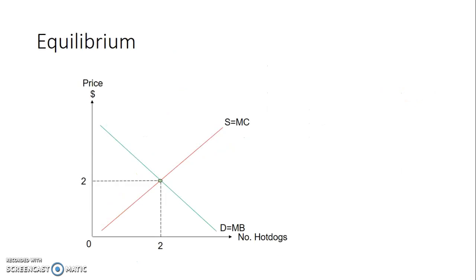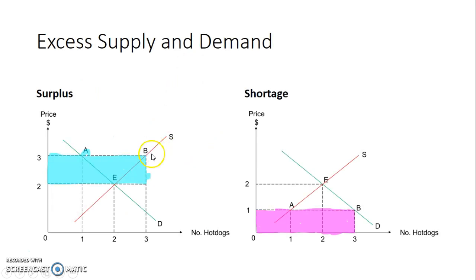Now, let's look at equilibrium. Equilibrium is where two lines intersect. It's called an equilibrium or a market clearing price. This equilibrium is where the two lines reach their highest point. When price is at its highest, demand is low, and supply is at its highest. At this